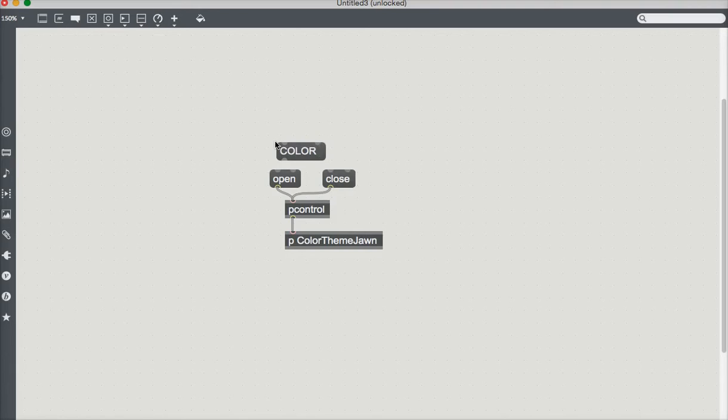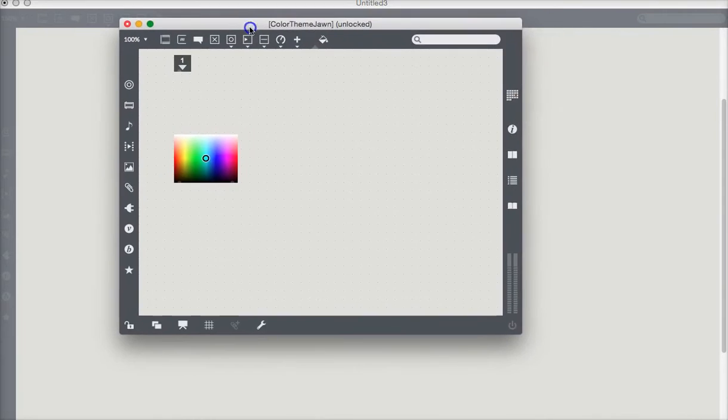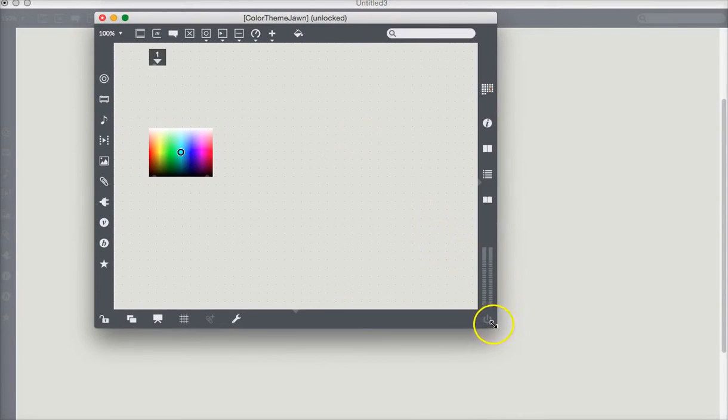Color themes, or how about just themes? Keep it sleek. There we go. Themes. All right, so themes is going to bang on open, and when you get that, it will pop the color theme box open. Okay, so now we have this thing opening, and I'll make this bigger,